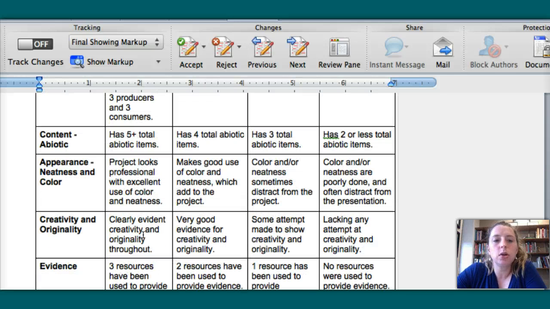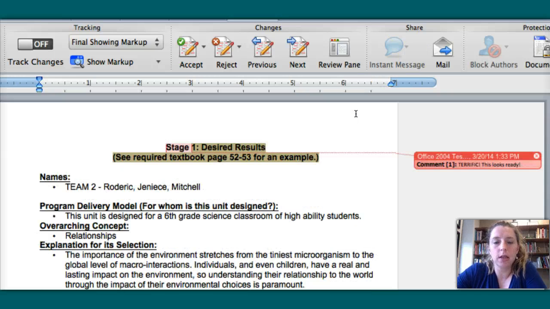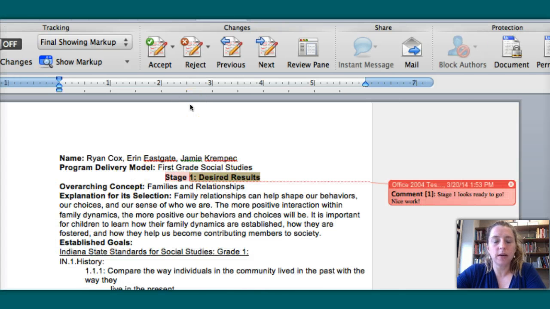Their rubric looks good. It has plenty of detail. So overall, nice work. I just had those few suggestions and maybe hopefully one idea for organizing your resources. So now we have Team 3,